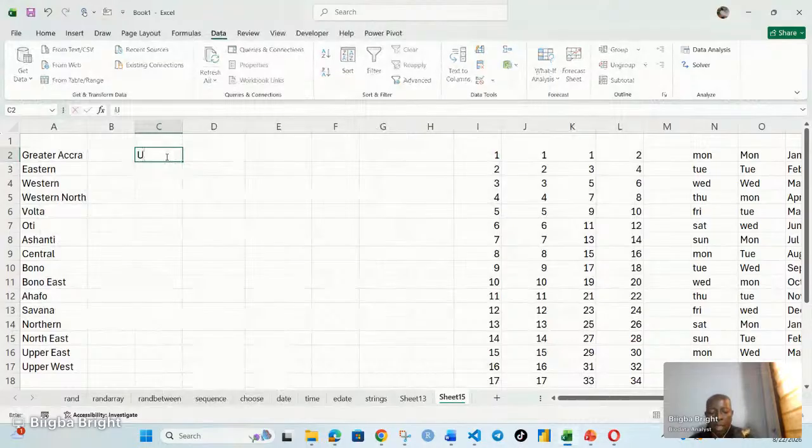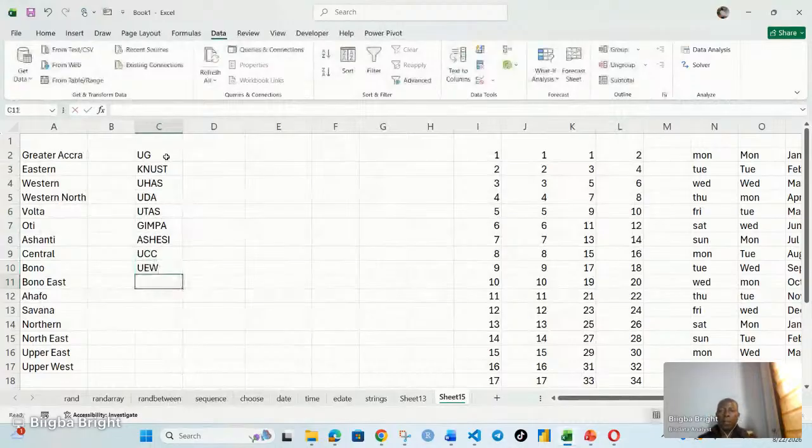University of Ghana, KNUST, then let's say UHAS, then I have UDS, I have UTAS, then I have Jimpa, then I have Aseshi, I have UCC, I have UEW, then I have, okay, it's okay. I'm not doing all of them, I'm just giving an